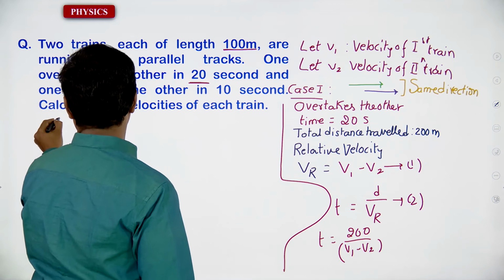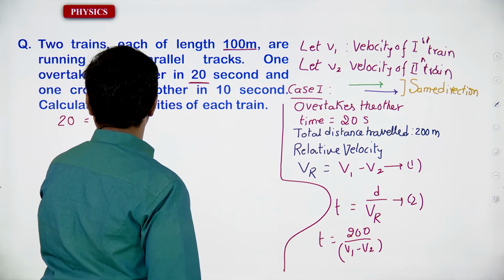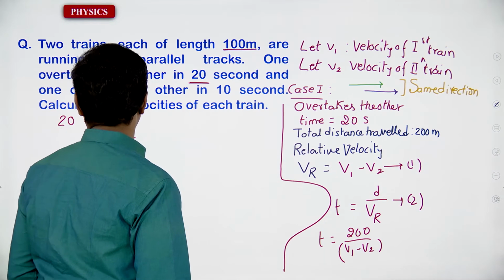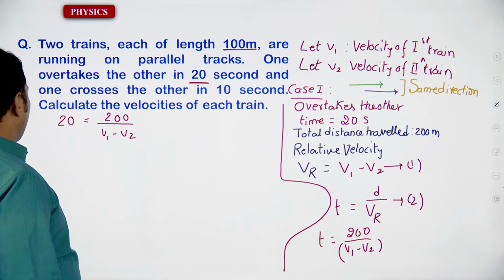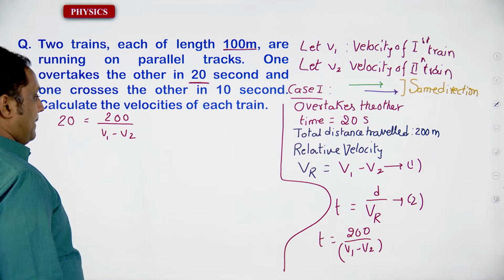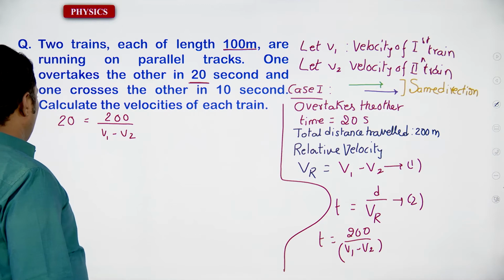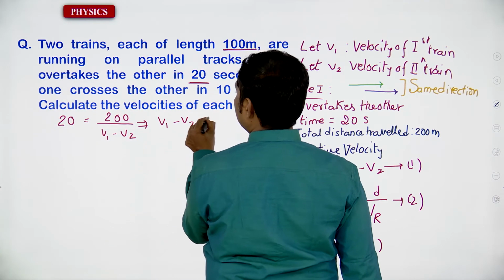Therefore, 20 is equal to 200 by V1 minus V2. So you are going to get that V1 minus V2 is equal to